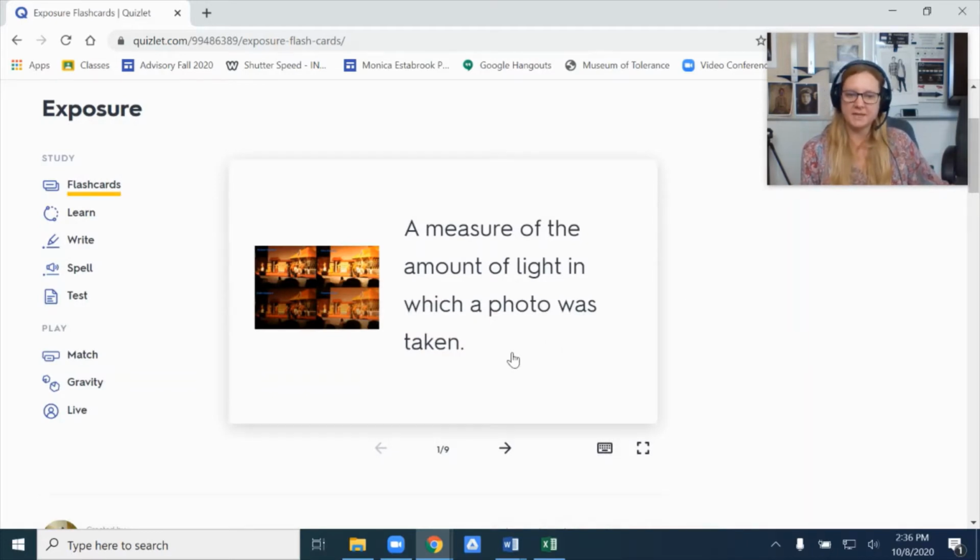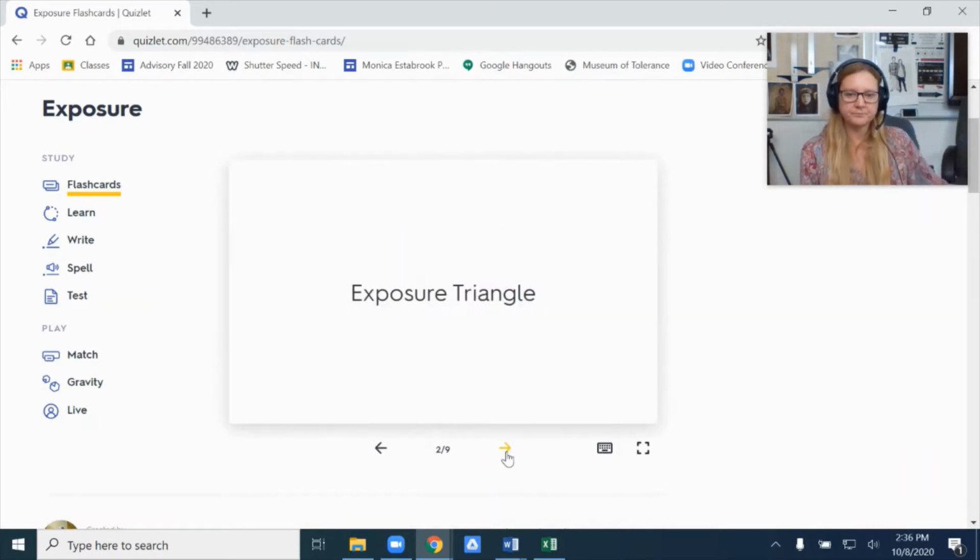So we're going to be studying how we can affect exposure in your picture. If you've ever taken a picture and it came out too light or too dark, this is really going to help you understand why it's too light or too dark and what you can do to change that. So the exposure triangle is what a lot of photographers have been using to help them visualize how different aspects of photography will